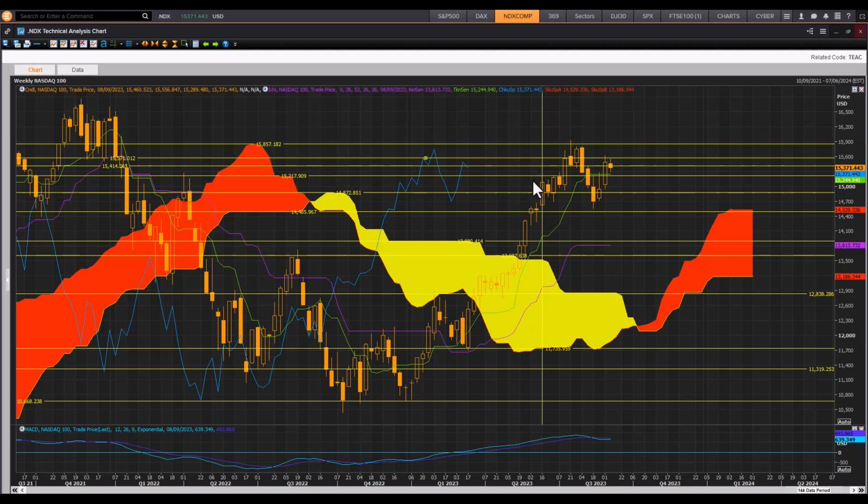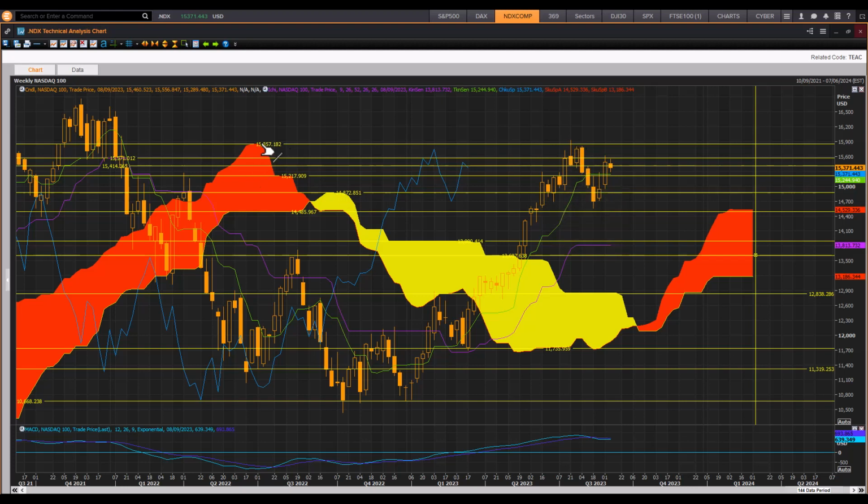In the last update, we were about here, very close to this 15217 resistance zone, and the market was fighting that resistance zone. Let me just move that line there. You can see it was fighting that resistance zone there. Then it consolidated a little bit, managed to find support at the 14,872 and then made another strong rally attempt only